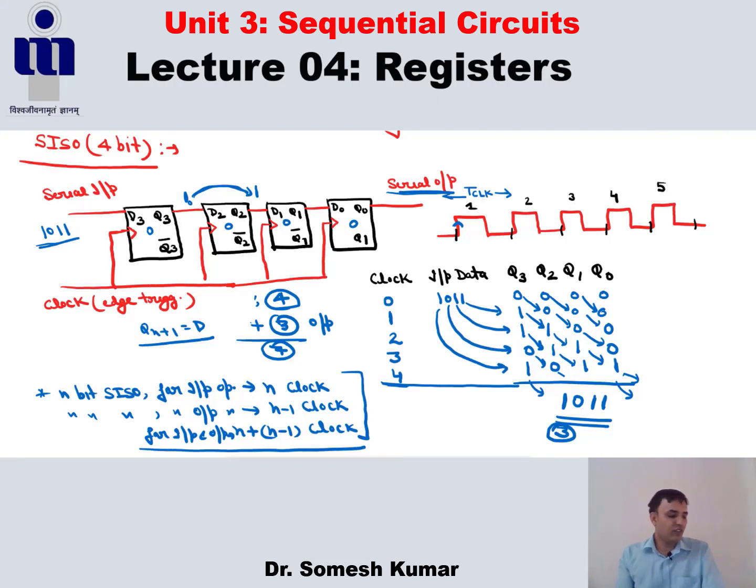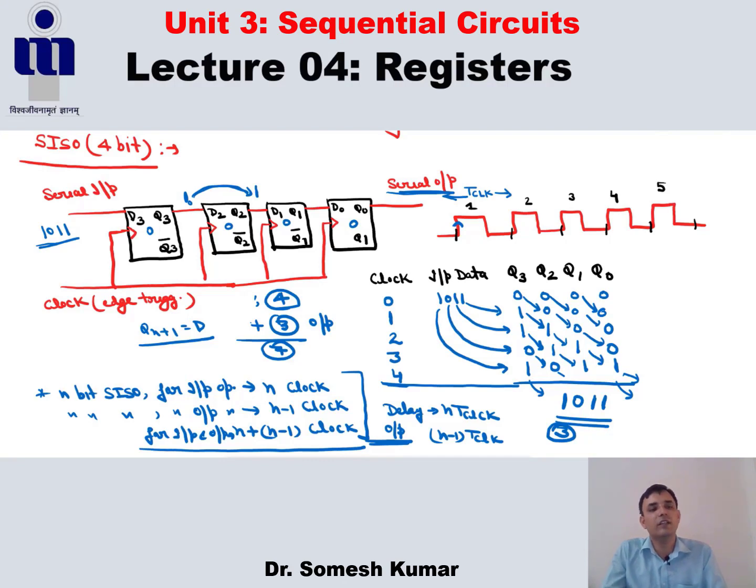So if I am talking about delay, what is the delay for the input? Basically I can say the delay for the input operation is, there are n clock cycles and this is the time period of one clock cycle. So the total delay is n TCLK for the input operation, and for the output operation, this is n minus 1 TCLK. Fine. So this is the total delay.